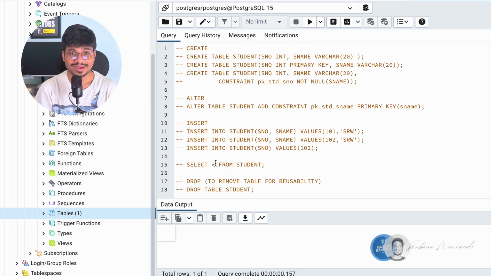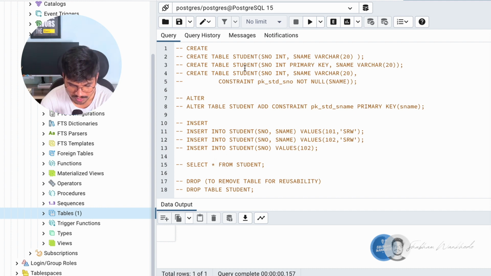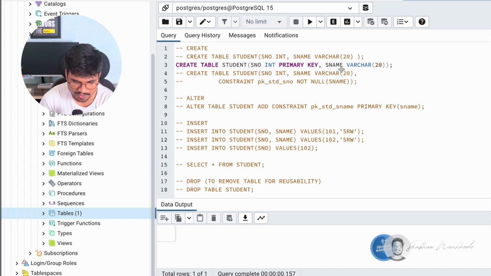These are all the queries for the primary key constraint. Let's understand a single query over here, which is a create query for our example. I'm going to uncomment this one. Here you can see that I have used this constraint on our first column, the SNO column, because it contains unique values only. Here I have also given a primary key name, pkstdno.